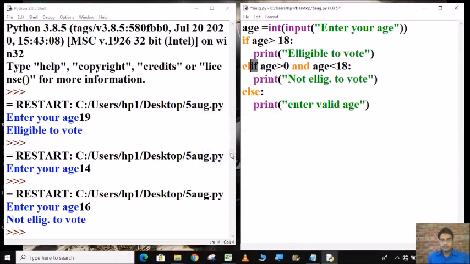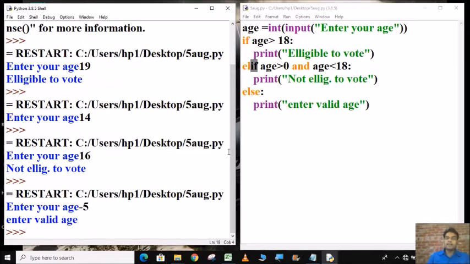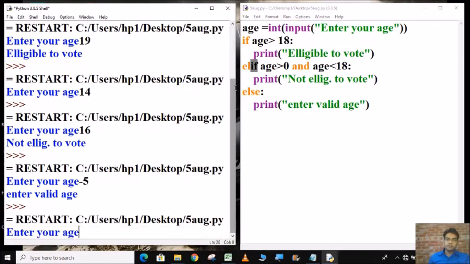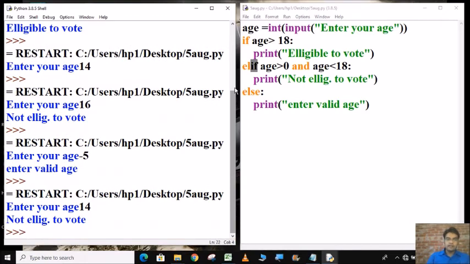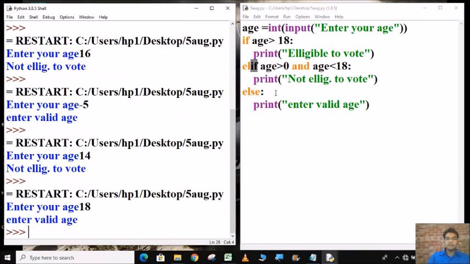Run. See, suppose we have given age -5, then enter valid age. It is going in the third block. And suppose age is 14, then not eligible to vote. And if age is 18, then greater than 18 fails.